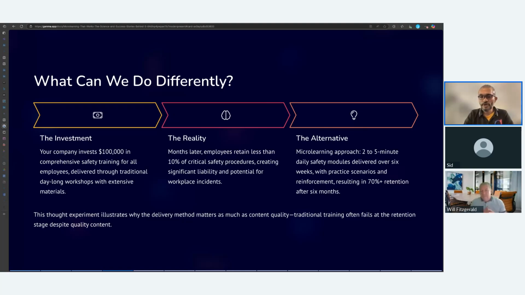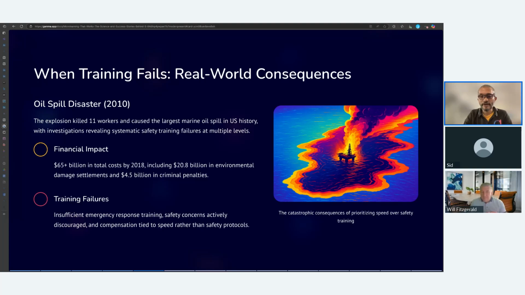I also wanted to dig a little bit into the seriousness of what happens when learning fails, because we need to understand the implications of what happens when learning is not done in a proper way, how big of an impact. So I believe I spoke about this. I removed the company name so that we don't hurt anybody's sentiments, but this is quite famous, right? We have heard of this.